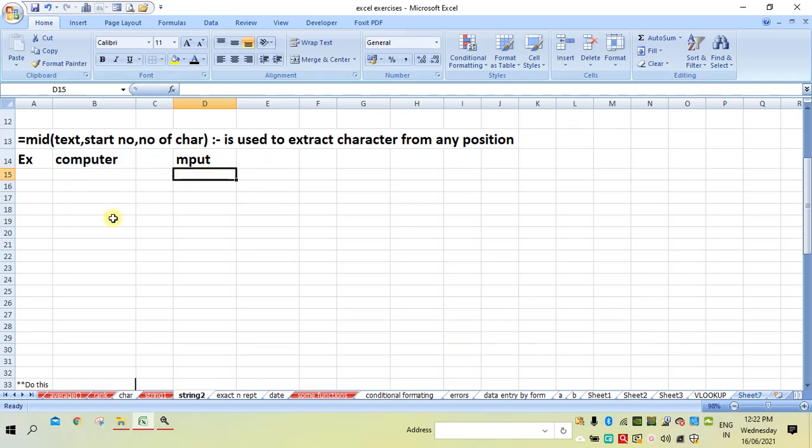So this is how we use the mid function. Even if you want to change the start number, now it is 3, let me change it to 2. Now from 2 it will take 4 letters, that is OMPU. So this way we use the mid function to extract any part of a text.